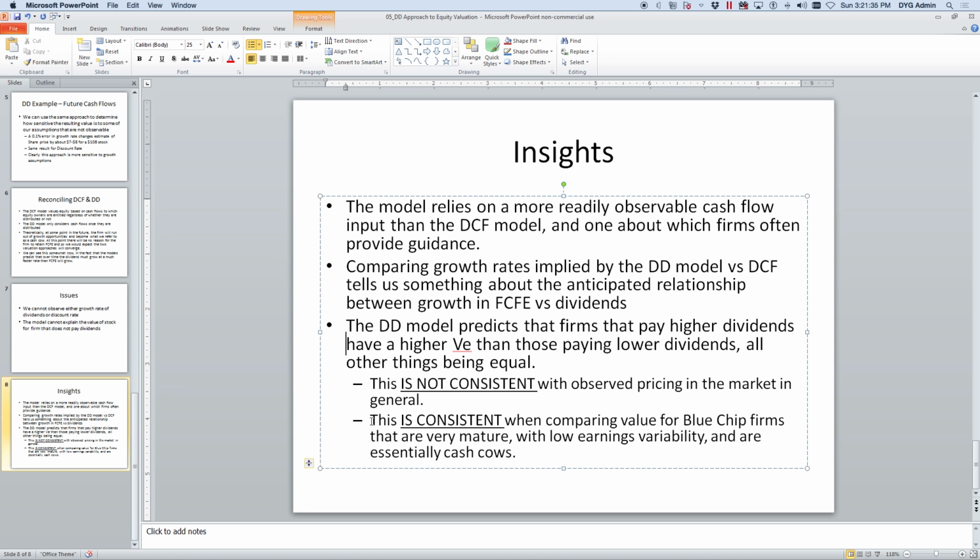However, we do see that this tends to be consistent if you just look at what we would call blue chip firms, sort of the very large, mature firms in terms of market cap, which are essentially cash cows. They don't have a lot of variability. There's not really any real growth expected in them. And so their dividends will closely mimic their free cash flows to equity. And you do see sort of that relationship. And so while not a perfect model, maybe an okay model for mature dividend paying stocks, since that represents a lot of the market cap in the market and a lot of what some investment portfolios are comprised of, maybe not a bad approximation, what we would call a proxy model for the discounted cash flow model in those very specific